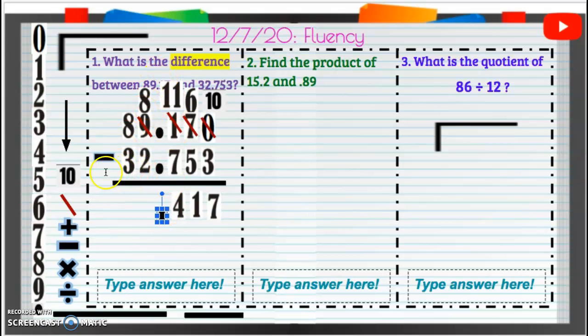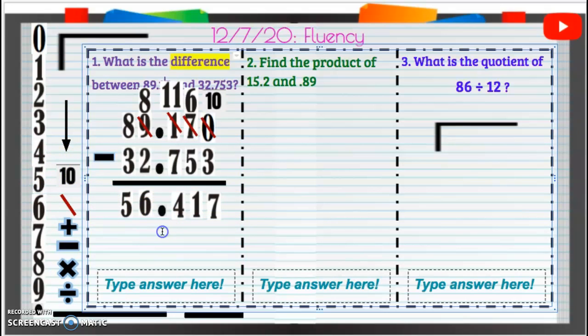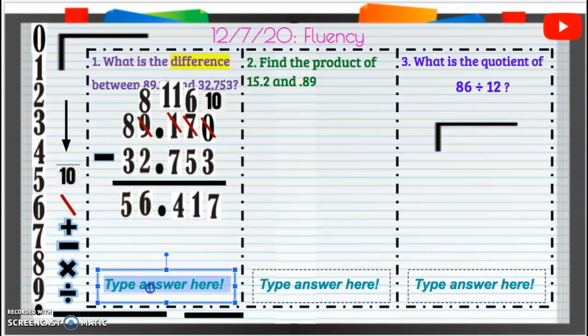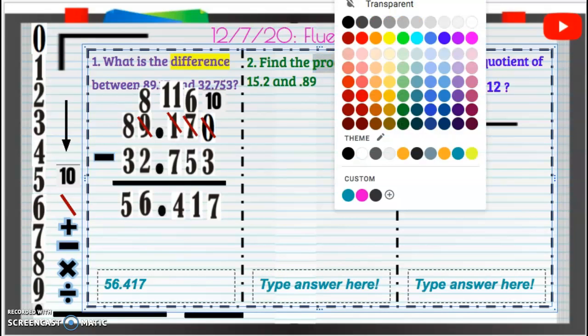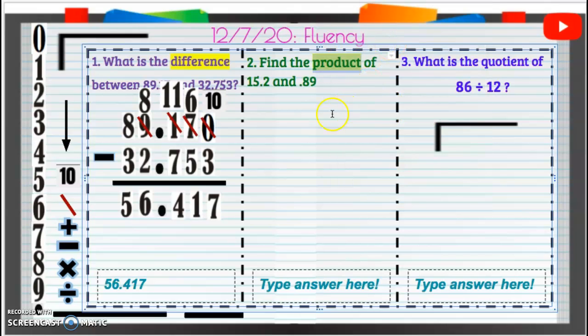Now, 8 minus 2 is going to be 6. 8 minus 3 is 5. And you have your final answer, 56 and 417 thousandths. 56 and 417 thousandths. All right, next one, number 2, find the product of 15 and 2 tenths and 89